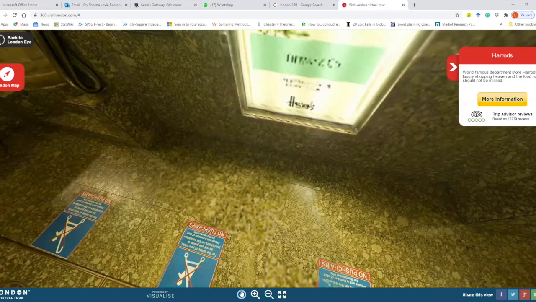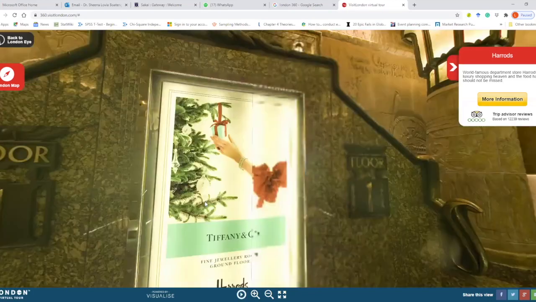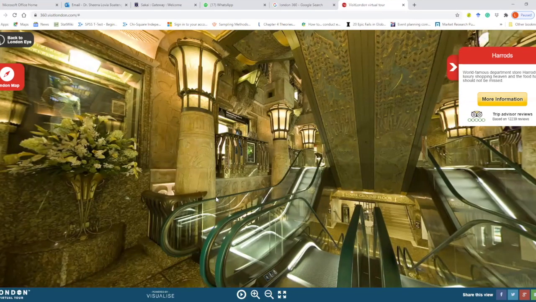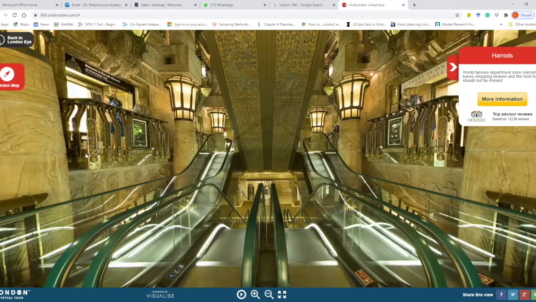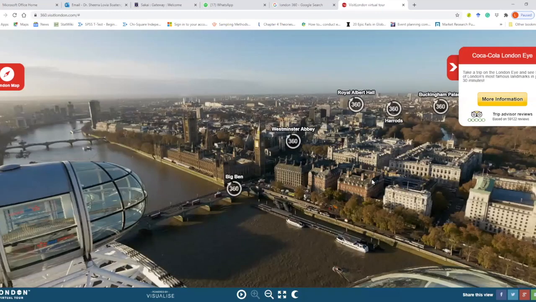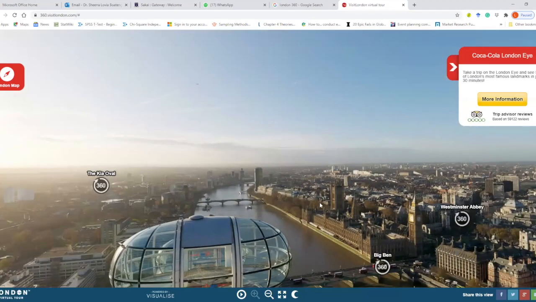Okay. Now, one thing I want us to note is the fact that they are making strides in applying this technology, but they still have some way to go. Currently we are just going in 360 in one location. Does it make sense? Yes, Doc. Okay. So we can go back out and go back to the landing page, and then we can go to another location. So it seems even though it's 360, it's a static 360. You're at one place and you're just spinning, like that childhood game we used to play.